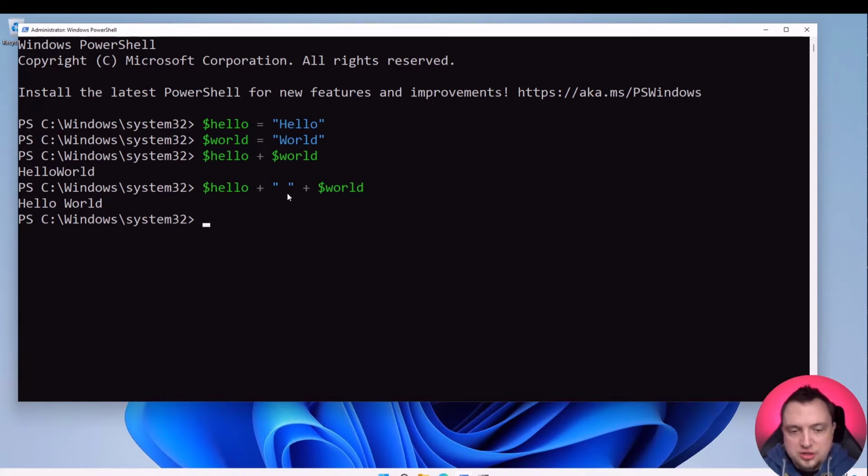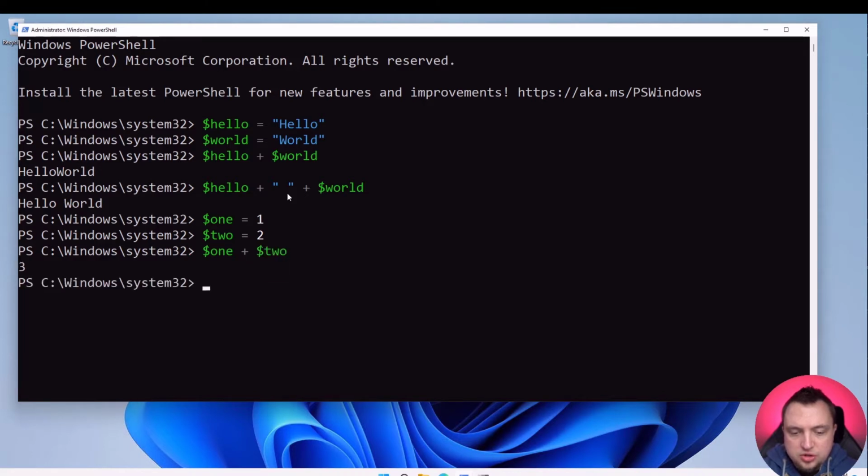Additionally, we could also do something like $1 equals 1, enter, $2 equals 2, and hit enter, and do $1 plus $2, and we would in fact get 3. However, if we were to do, now I'm using up arrow here, by the way, to cycle through my commands,